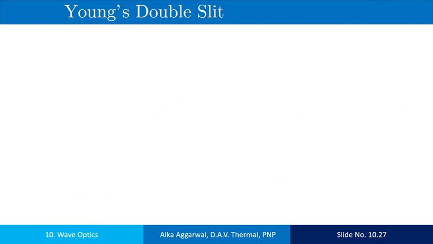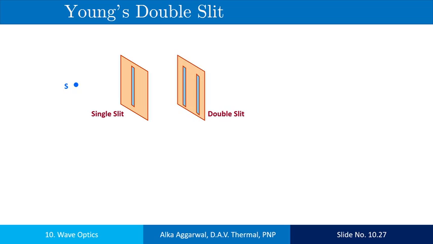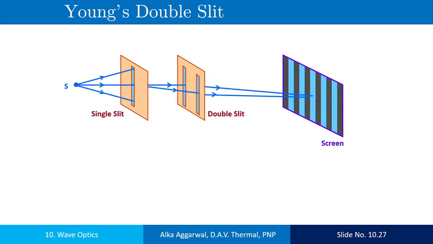Now the Young's double slit experiment. Thomas Young, an English physicist, for the first time demonstrated the interference of light. The apparatus he used is this one. The source of light, like a bulb, first is incident on a plane which has a rectangular slit. It is illuminated, and the light from this slit